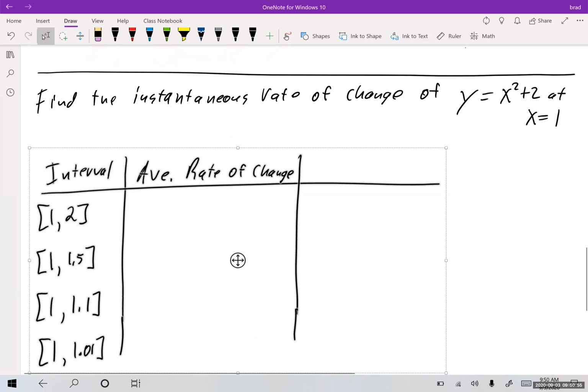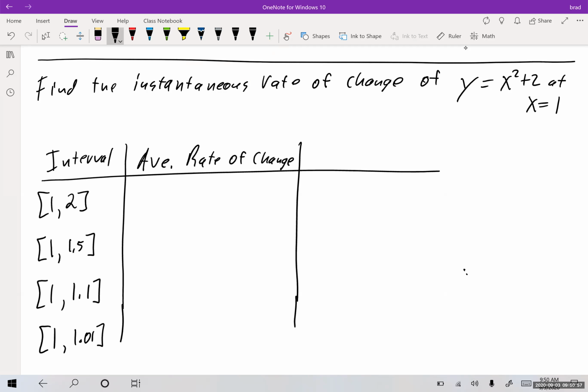Okay, so what we need to do is some calculations. We're going to find the average rate of change. So we know that V average, we'll do it for a few. After I do this first one, I'd like you guys to pause the video and fill this table in. So we're going to do V average for the first guy, and the first guy is going to be f of 2 minus f of 1